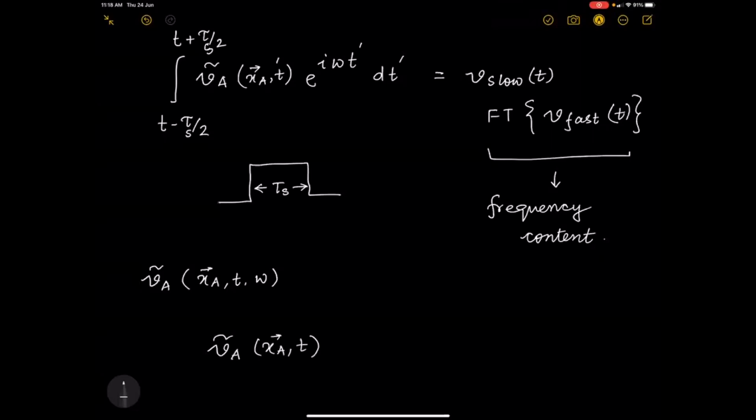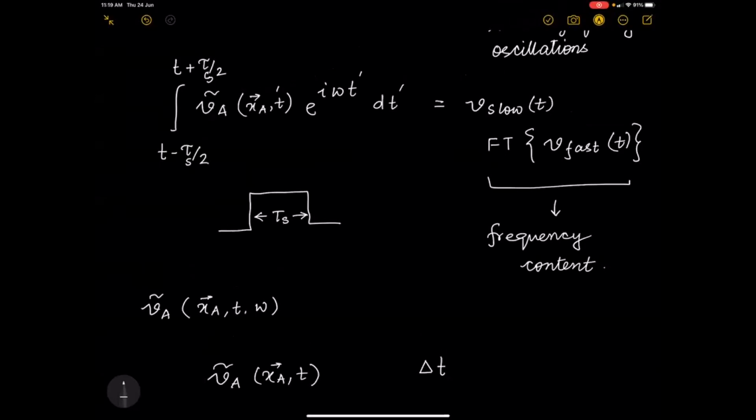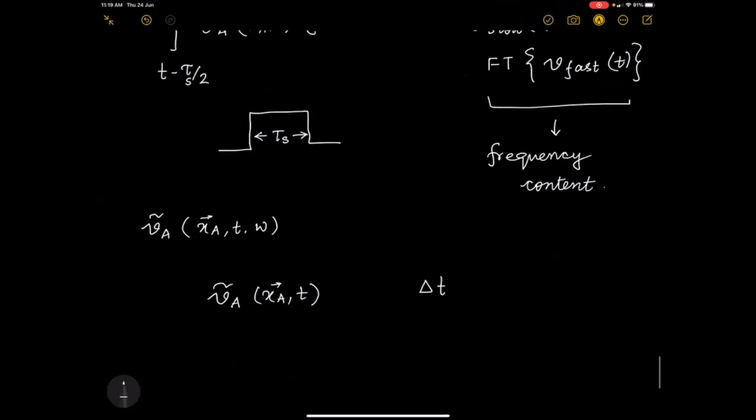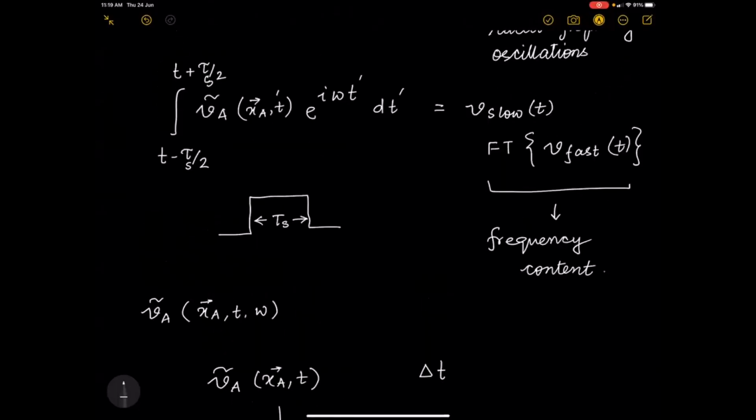I have this continuous signal received by the analog receiver. I digitize the signal at certain time interval. Let's call that time interval delta t. So once I have it at a time interval delta t, the signal doesn't look like this anymore. It looks like discrete values for different samplings. And then this integration essentially becomes an operation of